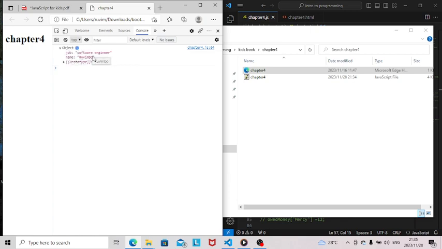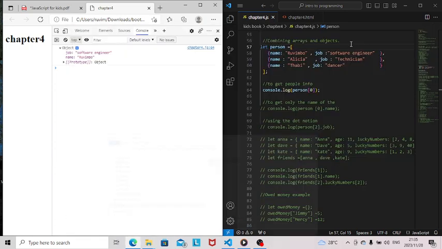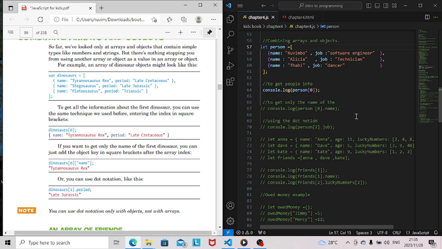See, now we have job, software engineer, name, remember. Okay. So if we do the same with person, what do we do if you only want to get the name of the person? We don't want to get all the information about a person. For example, we know we have a certain person called Rimbo in this array. Now, what do we do if you want to know